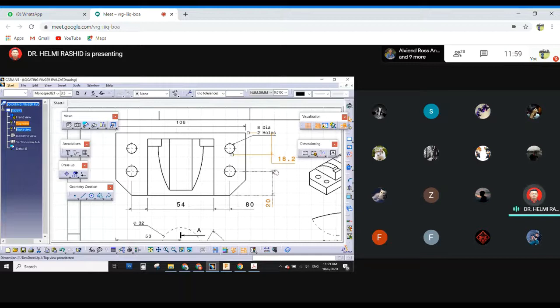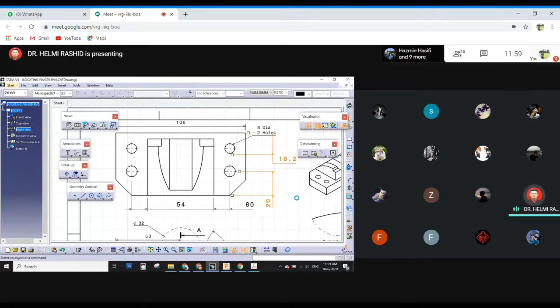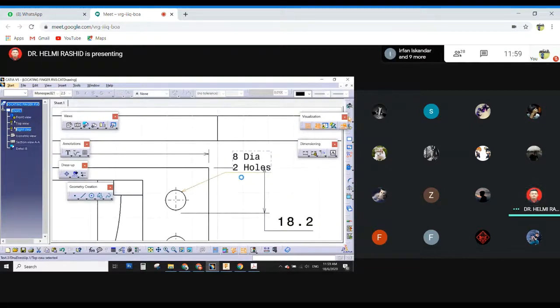Okay, let's stack this and this, line up based on this line here. No offsets between them, 0, so it will be something. So this is how you want to make sure that your